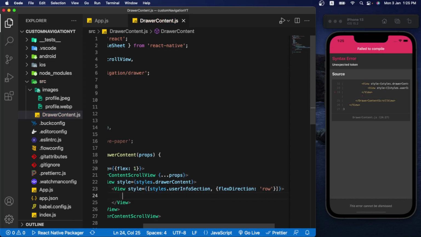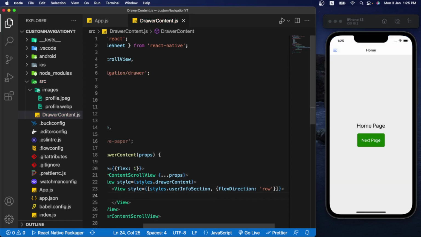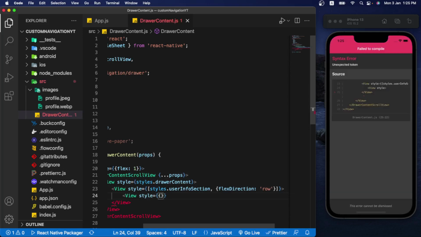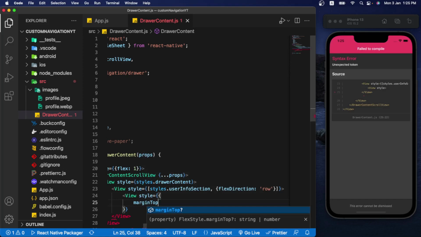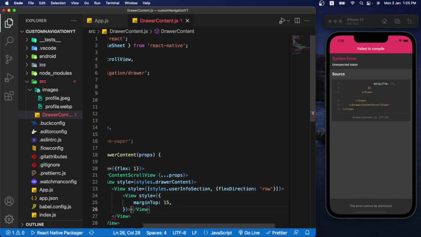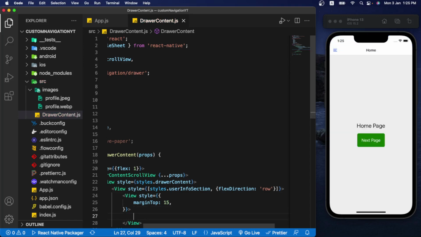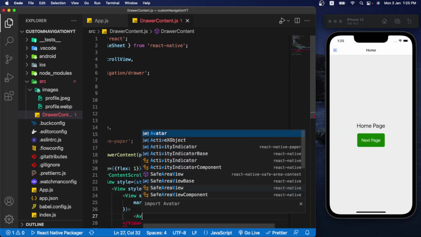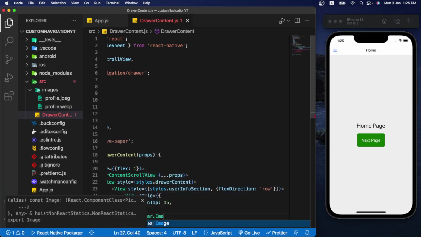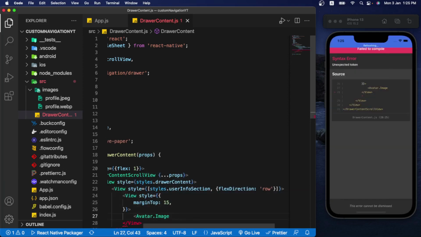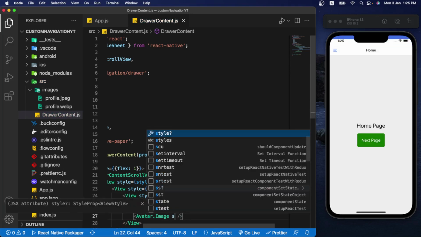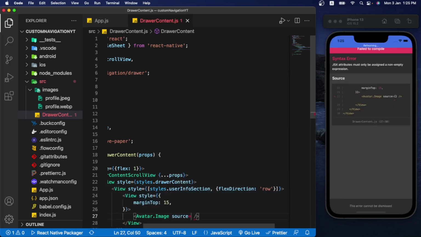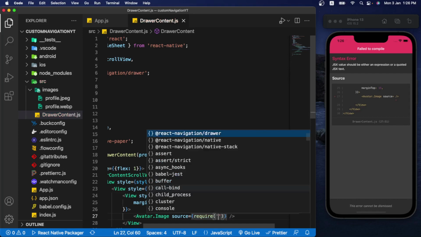And in this view, I would like to have another view which is going to have a style of margin from top 15 pixels. In this view, I would like to display the user's image. So for that, I will be using this avatar.image for displaying the user's image. Am I correct? So in this tag, I will be using the source, and now I need to provide the path of the image. So require single quotes